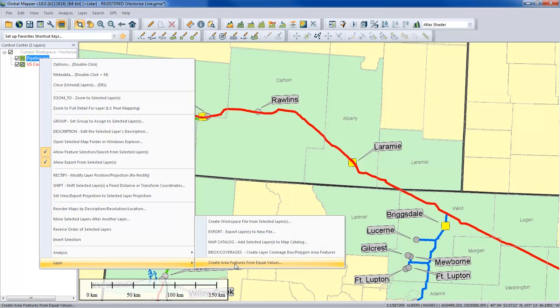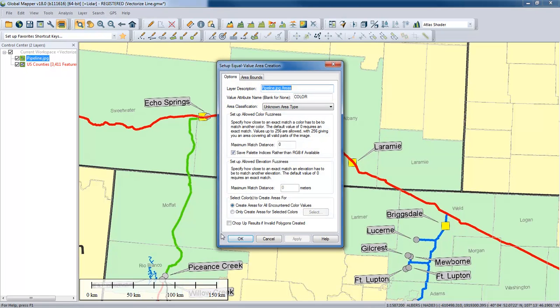Now in this case, equal values refers to colors. This tool can also be used for elevation extraction. If you're working with terrain data and you want to extract areas that match a particular terrain threshold, you can use this same function, or indeed you can use it for slope extraction as well. Go ahead and select that option, and this is where I tell the application which colors I want to